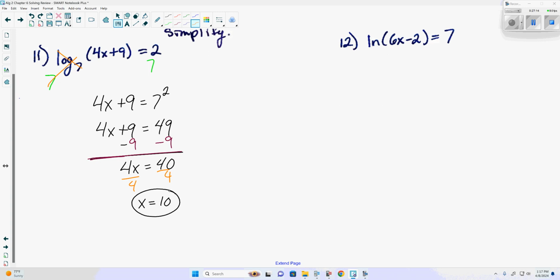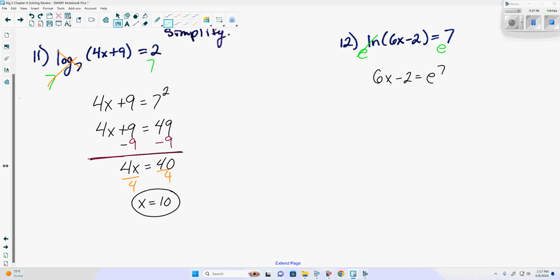Is the log by itself? Natural log of 6x minus 2 is by itself. There's nothing being added to it or subtracted from it or divided or multiplied. So we need to put both sides to a base. What's our base? E. Ln is E, because our e to the ln will cancel, leaving us with 6x minus 2 equals